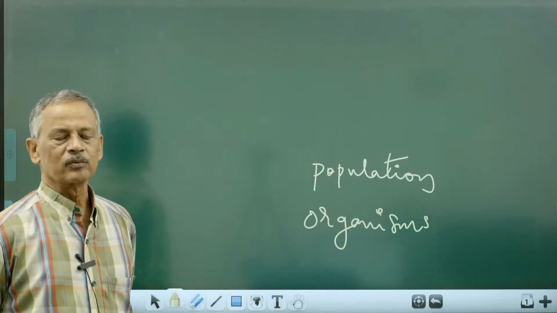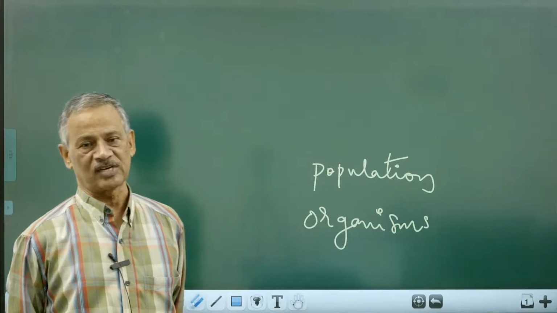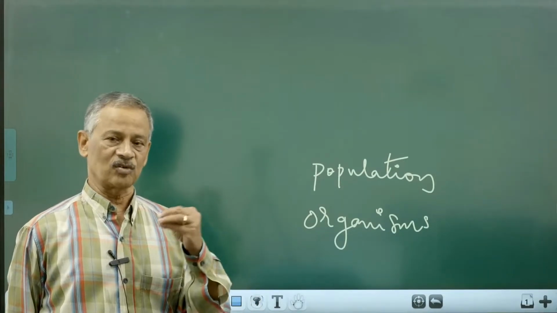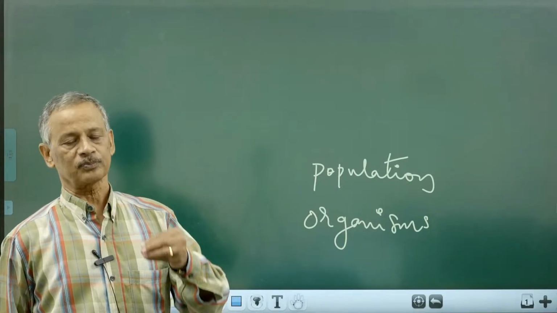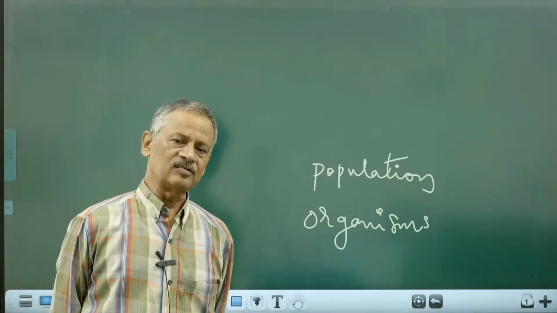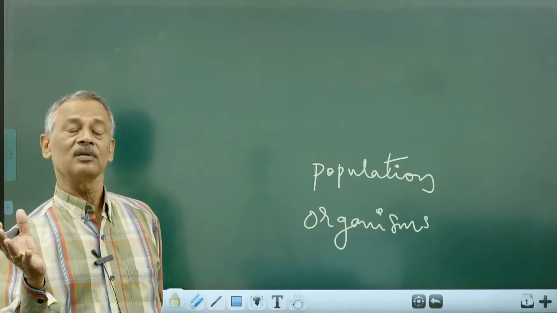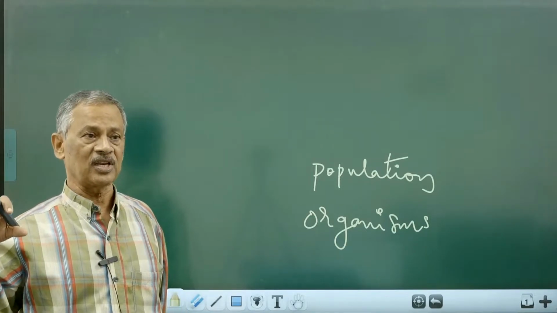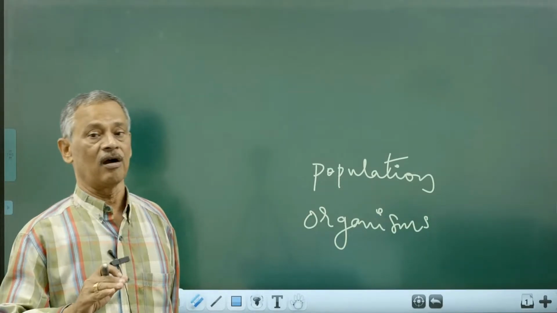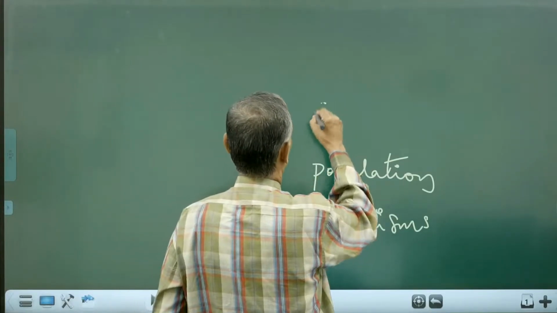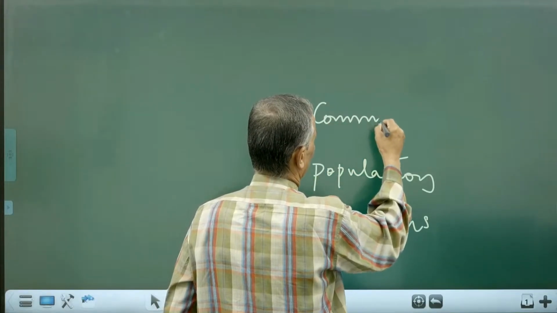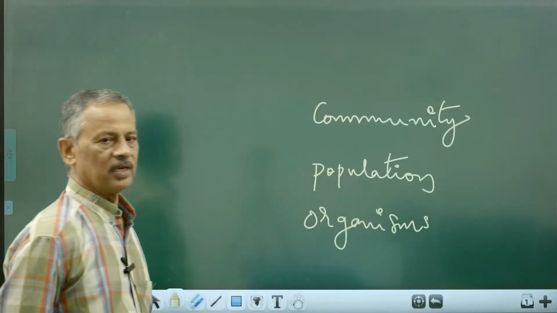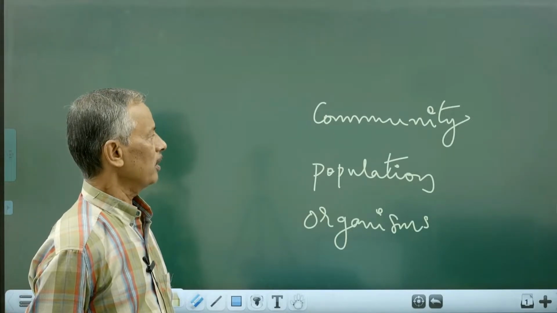There will be so many different types of populations. So, for example, population of ants, populations of butterflies, population of other insects, population of earthworm. So, like that, you will be having large number of different types of population living in the same area. Then it constitutes what is called a community. All populations living in an area constitute a community.